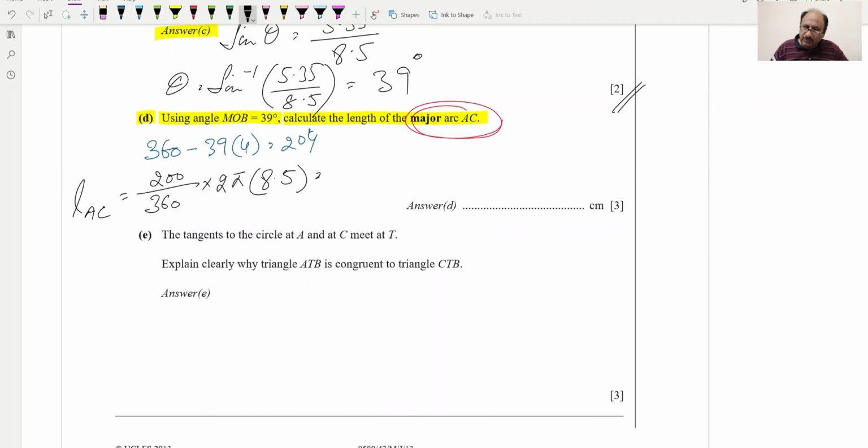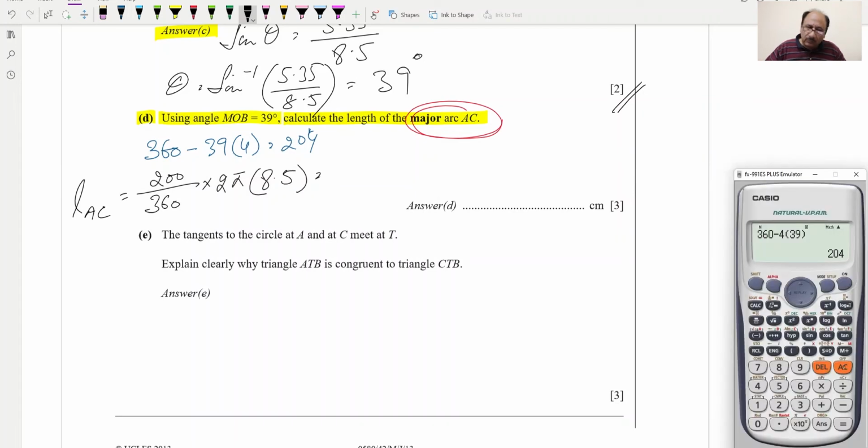This will result in 200 divided by 360, theta over 360 into 2 and pi, and r is 8.5, bracket close, and this is 85 over 9 pi. Our decimal value will be 29 point